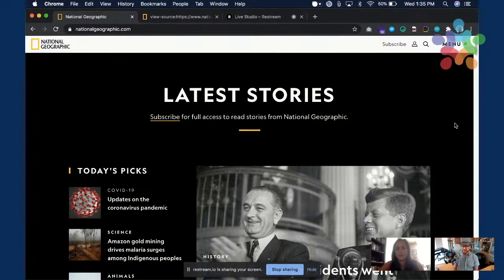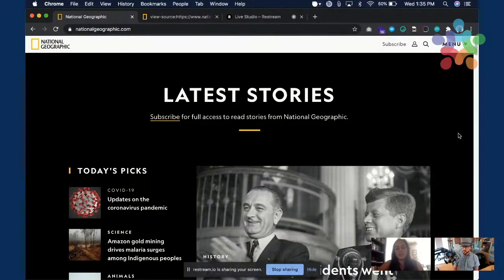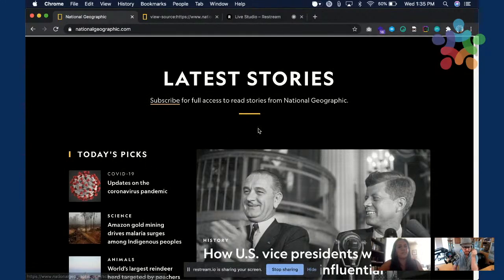So I'm going to show you quickly. This is the Nat Geo website today. It changes every day, so I'm just going to work with what I have today. Before I start showing you, I want to make something clear: I won't be going through hover effects because it's going to take forever.